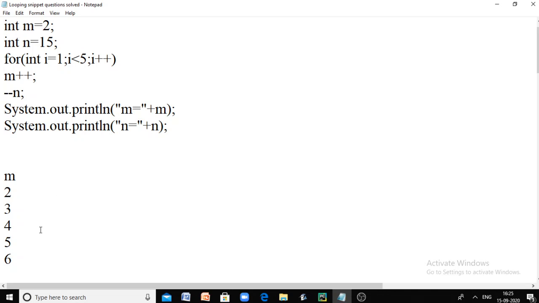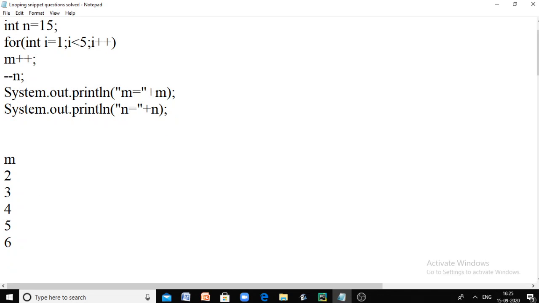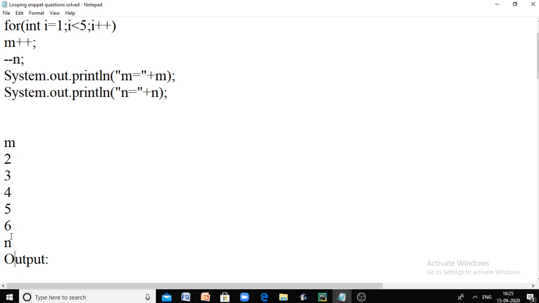So now the for loop is terminated and the immediate next statement after the for loop will be executed. In that case the next statement is minus minus n. So what is the current value of n? It is 15, and minus minus n is making the current value of n from 15 to 14.